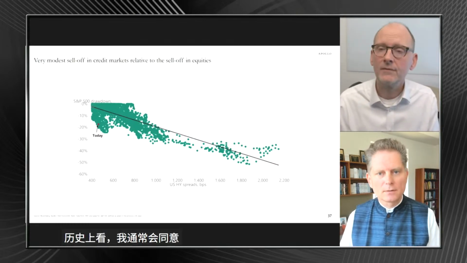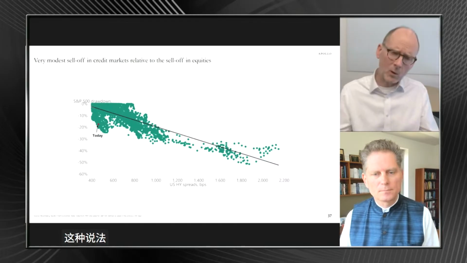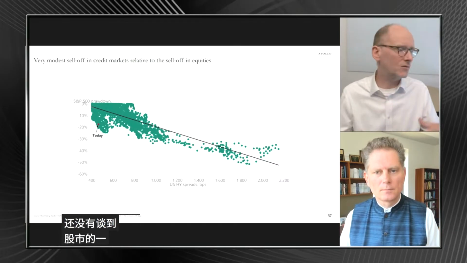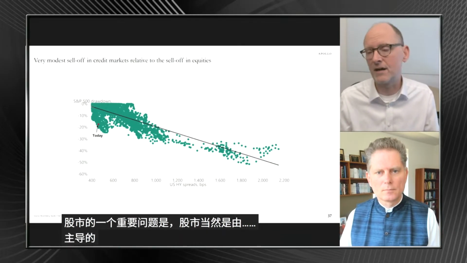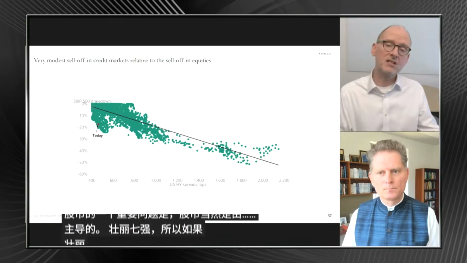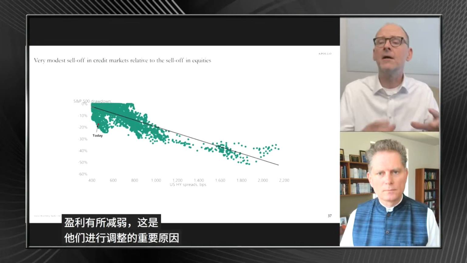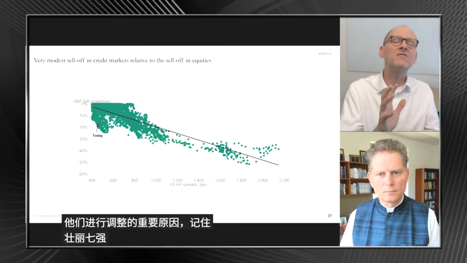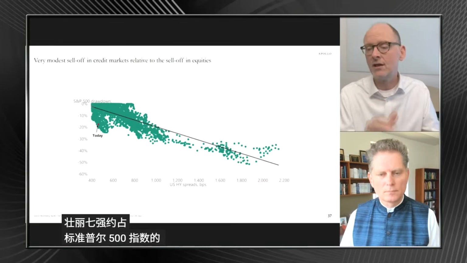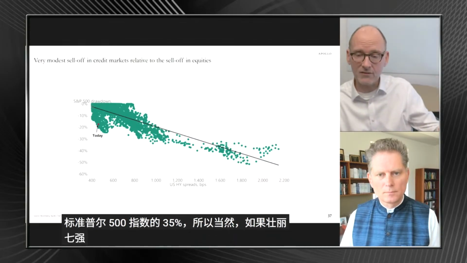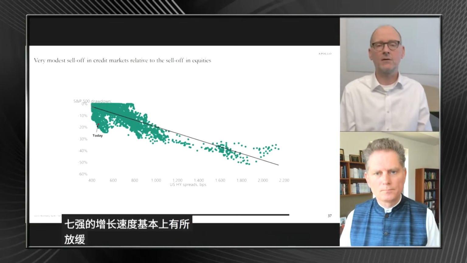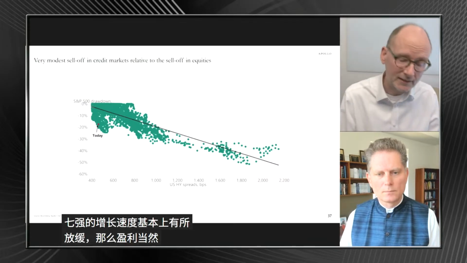I would generally agree with that. And one important thing that we haven't talked about for the stock market is, of course, that the stock market is dominated by the Magnificent Seven. If the Magnificent Seven have had weaker earnings, that is an important reason why they have adjusted. Remember, the Magnificent Seven make up roughly 35% of the S&P 500. So of course, if they have seen some slowdown in earnings, that's a very